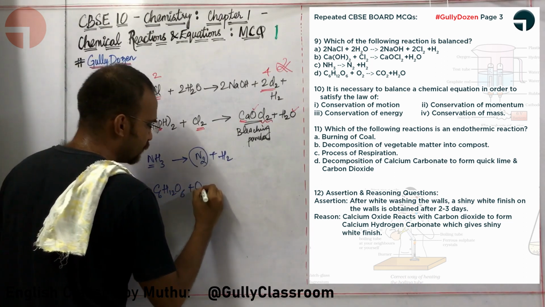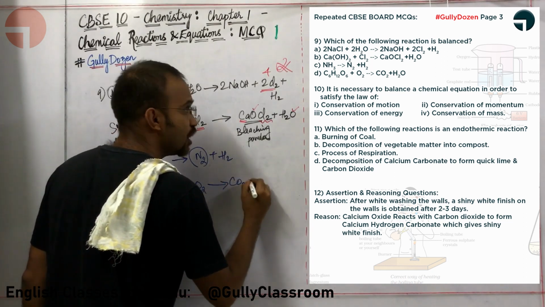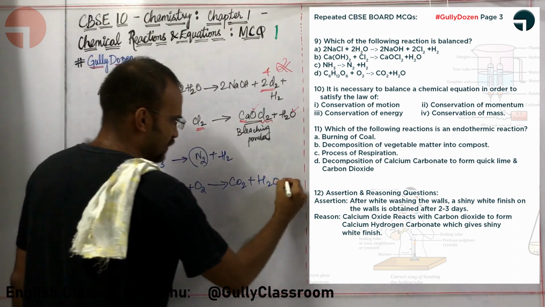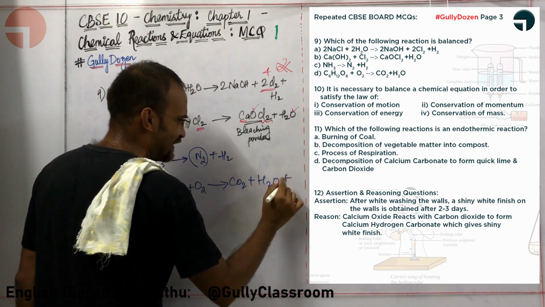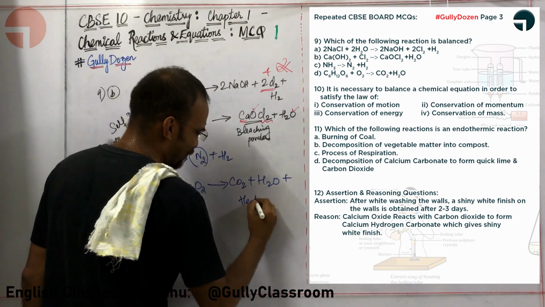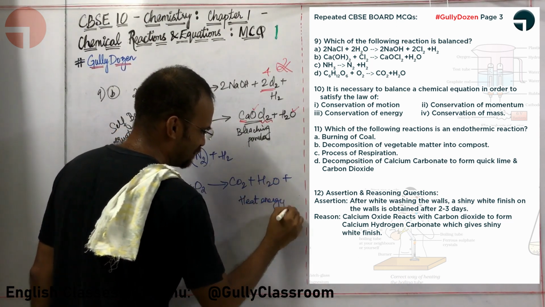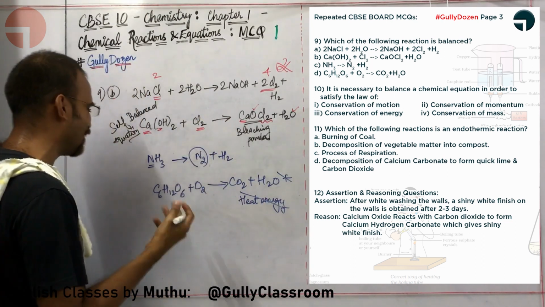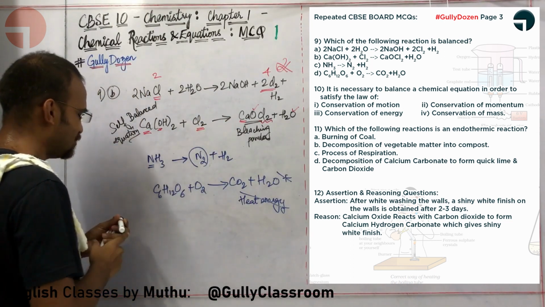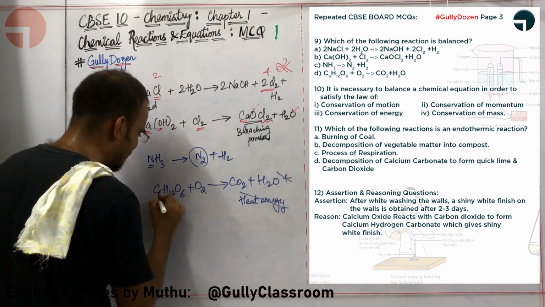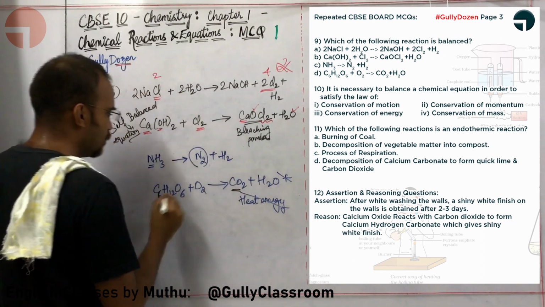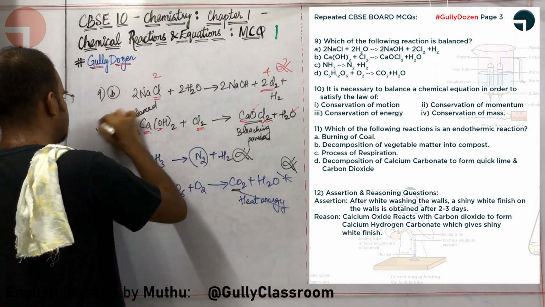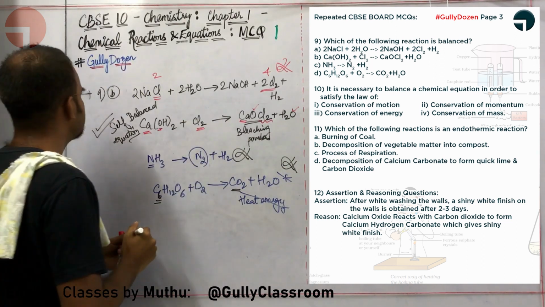C6H12O6, which is in fact the formula for glucose, is combining with oxygen to form carbon dioxide and water, which is in fact respiration. So obviously, they have not written it, but I should put heat energy over here. Am I right or wrong? This is respiration basically. I should put heat energy over here. They have given the equation itself wrong. Anyway, let us check the balancing of this particular equation. Here there is 6 carbon. Here there is simply 1 carbon. No, this particular equation is not balanced. This is balanced. So the answer is option B.